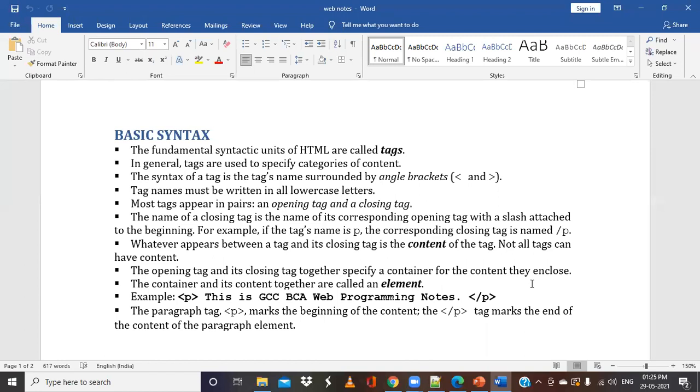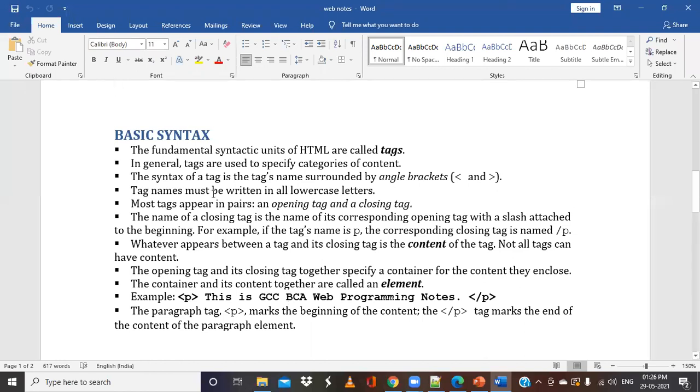Like in C, we had some small segments or smallest units. What do we call them? C tokens. Exactly. Similarly, in HTML we have small syntactic units, and we call them tags. So the entire HTML consists of different varieties of tags.